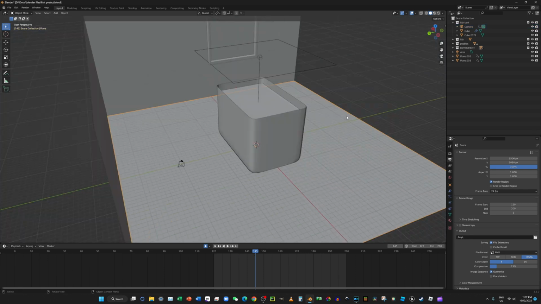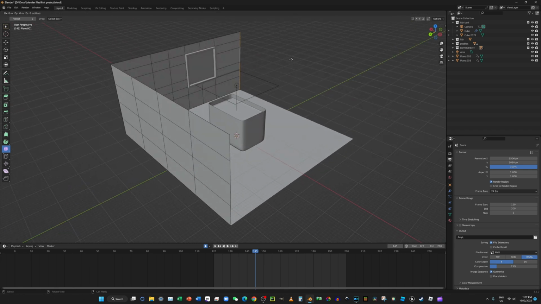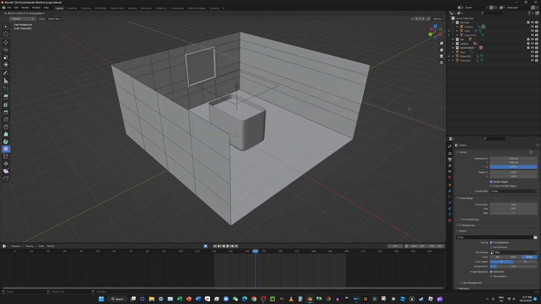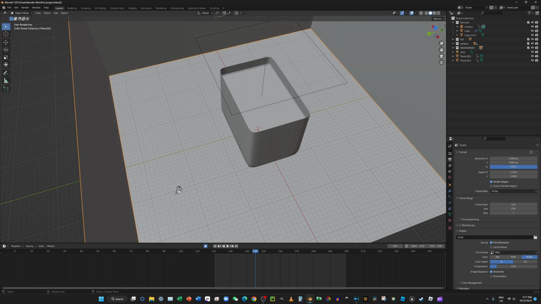And then you also select this and go to edit mode, and then go to edge select and select this side and press Shift Alt and select that and press E, Z, X. Like that. And then if you go to object mode, if you play the animation,